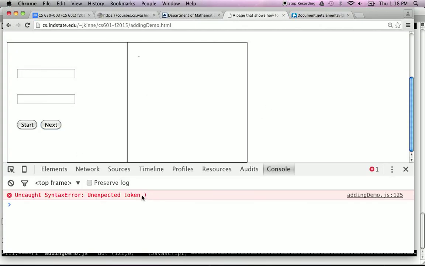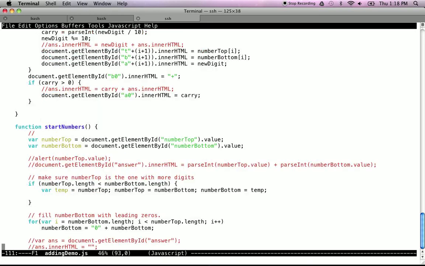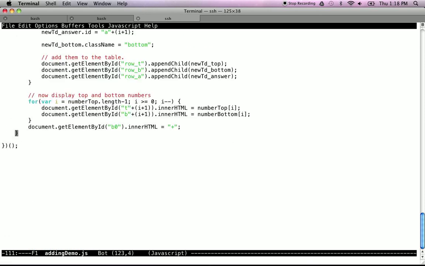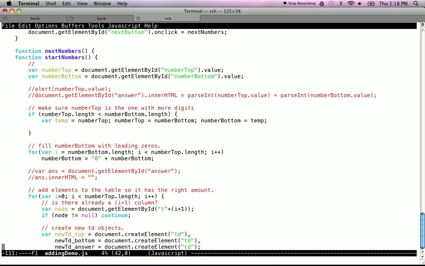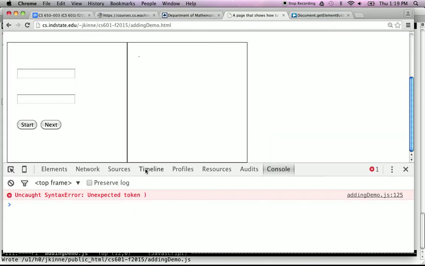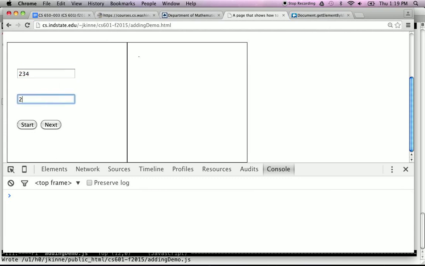Syntax error. Okay, there it is, and then if we click Next,